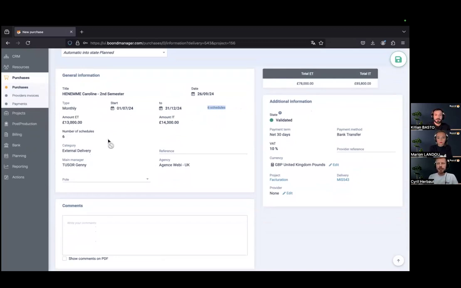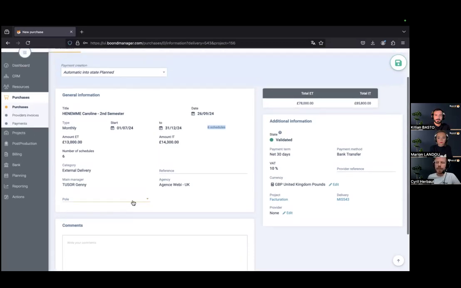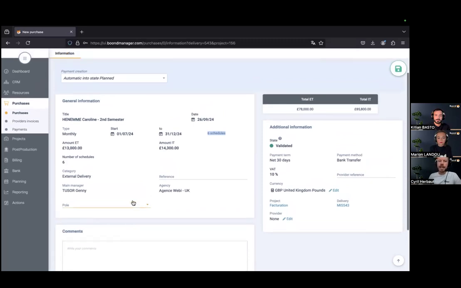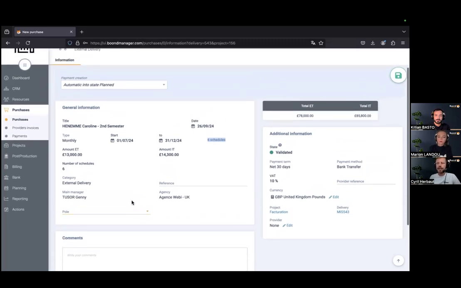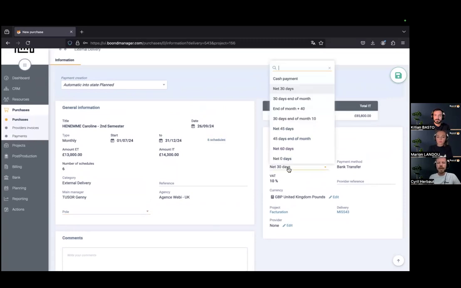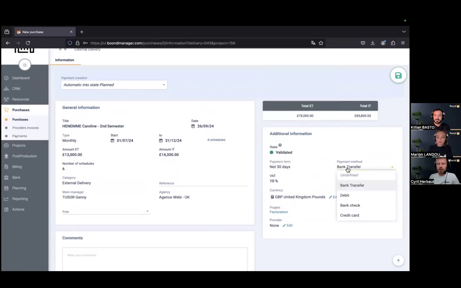So obviously that's just an estimate, and then every payment will have a different amount based on the number of days entered and declared by the resource. Okay, it's an external delivery kind of payment, a purchase, sorry. And on the right, also make sure that everything about the payment term, payment methods, VAT are correct for this purchase. So when you consider that everything is okay and well qualified, then you can click on